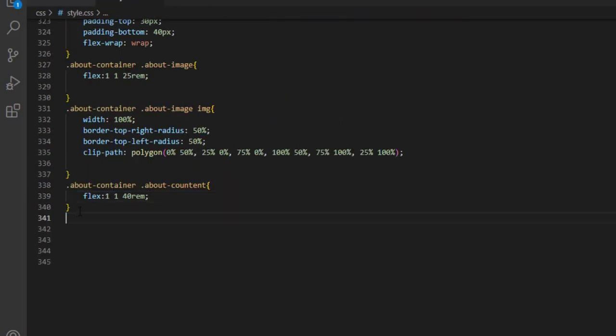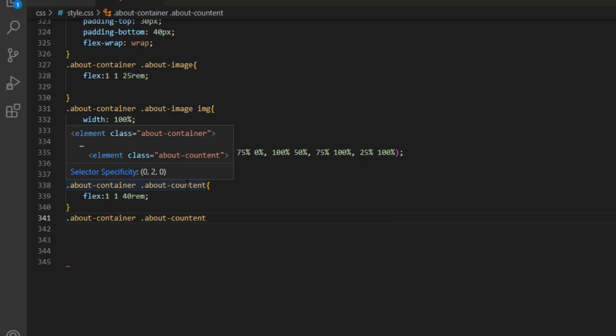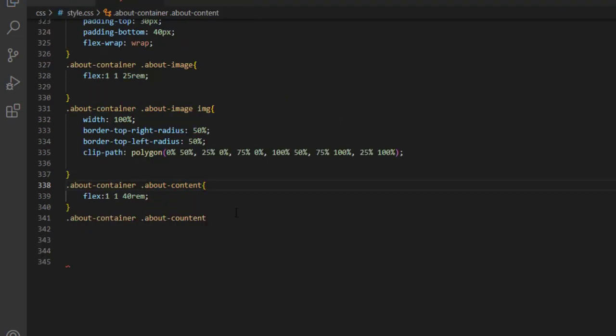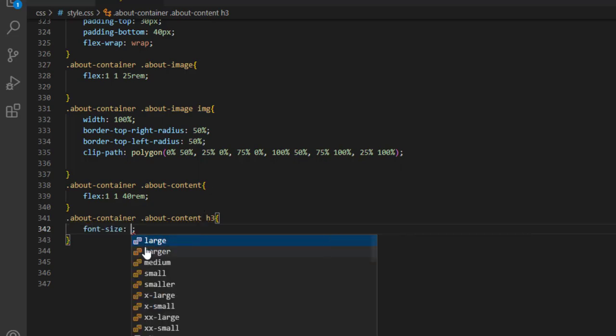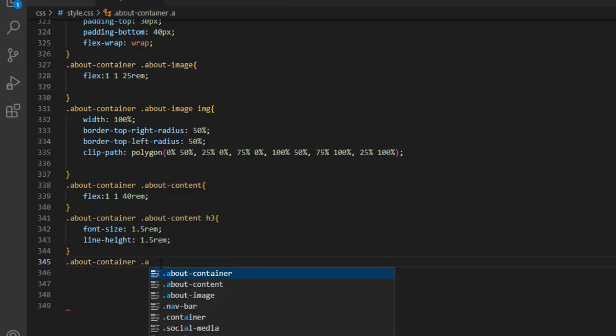Now we have an H3 element right here. So using this H3 element selector right here, about container, about content, here instead it is content right here. Alright, let me adjust content, again content, and then we are going to target an H3 element right here. So for this font size 1.5 rem, line height 1.5 rem again,